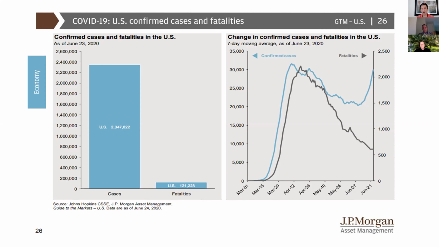On the right side, and this is the first data point of why we think the market has started to turn at the end of March, the number of confirmed cases per day peaked in late March, early April. It has trended downwards for the last several months. As states are reopening, that is starting to pick back up. And of course, more widespread testing. But one of the good data points that we're looking at is the continued decline in the number of fatalities so far.